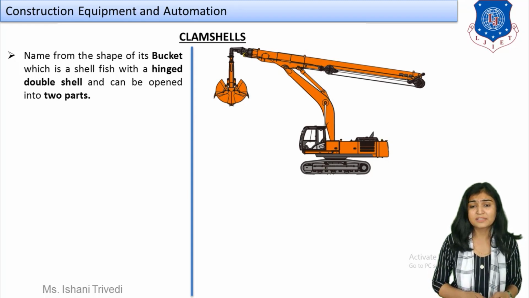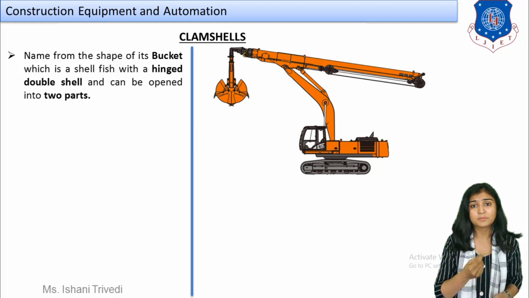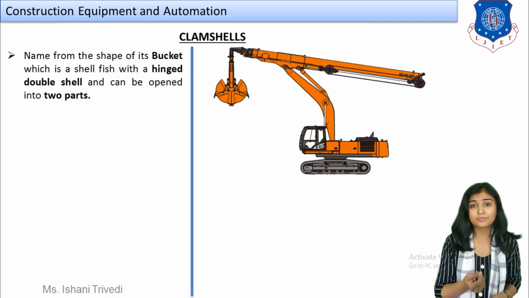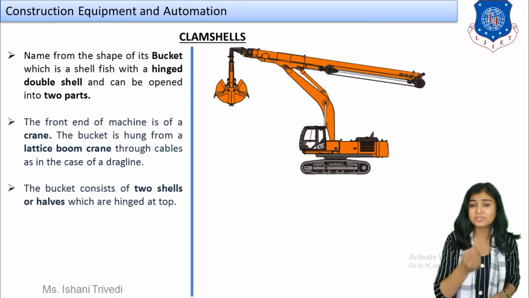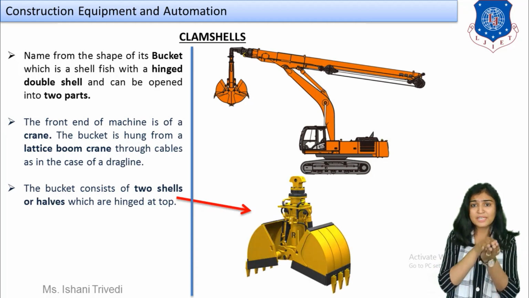What is the name, students? It says clam shell. Now, again, just as in the case of the drag line, the name itself explains what kind of mechanism it will have. Clam shell, right? The shell. You know what a shell is, right? You have seen the shells which you can obtain from the beaches. Now, a shell is generally a closed structure. It will have two equal halves, two parts. You can open it in this position, right? The shell opens in this position.